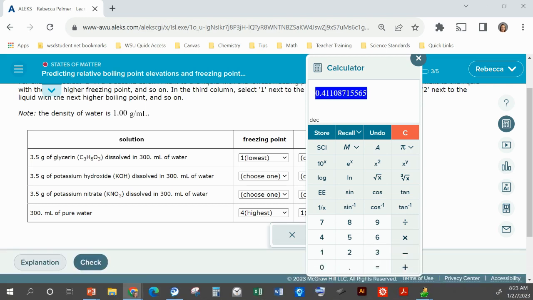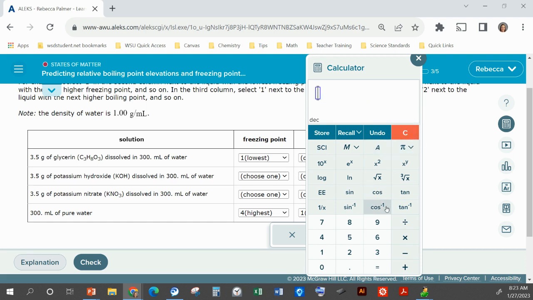Okay, so this molality, number 2, is 0.411 moles per kilogram. Okay, questions so far? Are we doing okay? Okay, so then we need to rank the last ones. So the last one is 3.5 moles of KNO3. I'm going to multiply by the molar mass. I don't know why they didn't give us this one. So we'll do this one